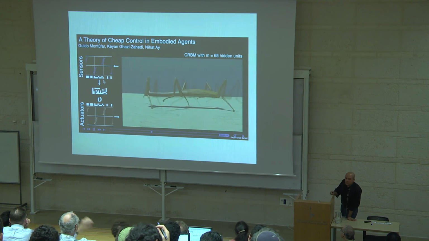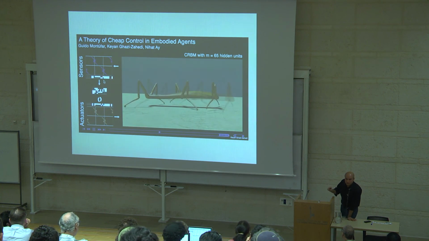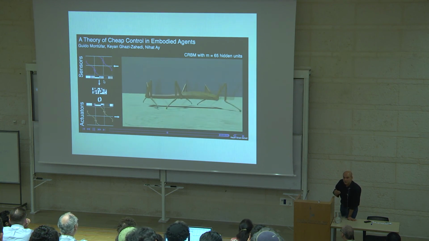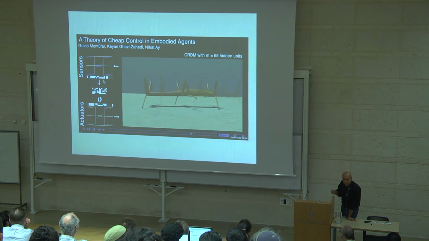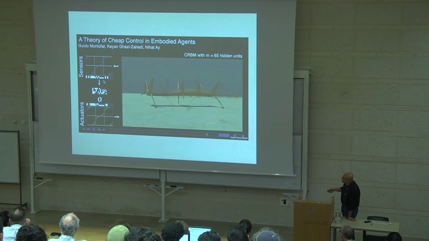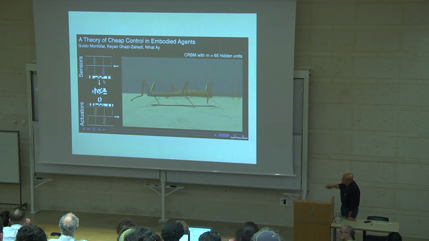I have to note that the reference behavior, as I told you before, is set from outside. So it's not at all clear that you can model that behavior with a conditional restricted Boltzmann machine. It turns out that you can't. You can come close to it, but you can't do it exactly. You will see in a second. So this is with the 65.